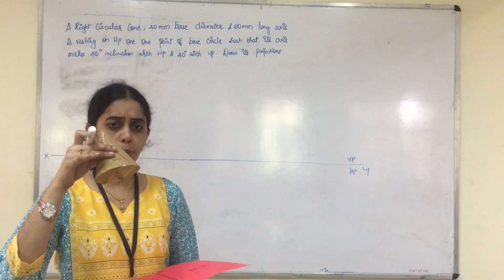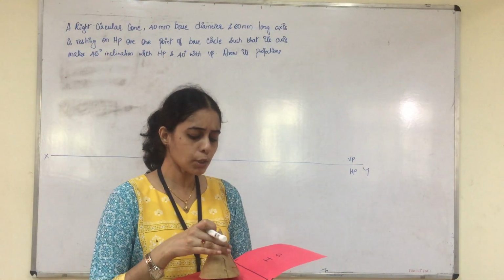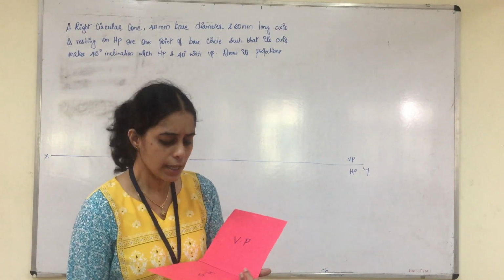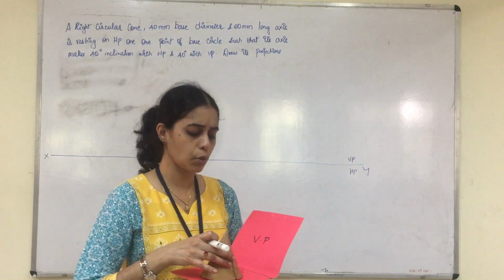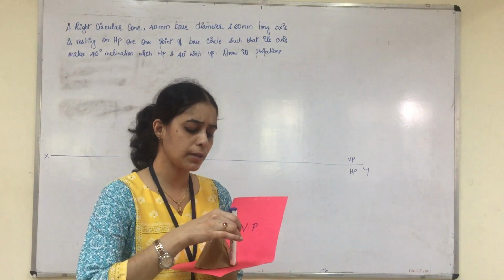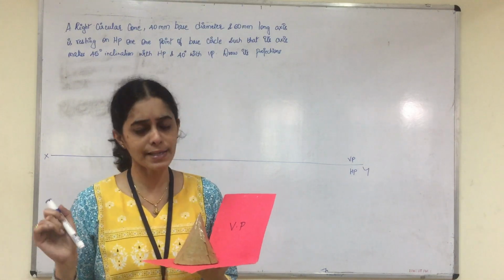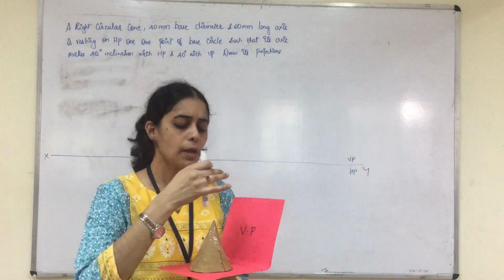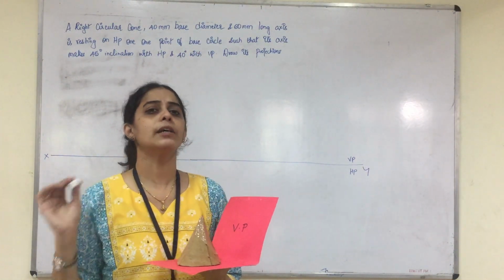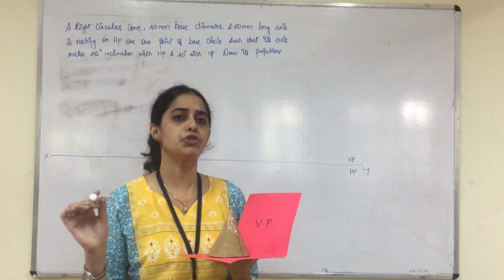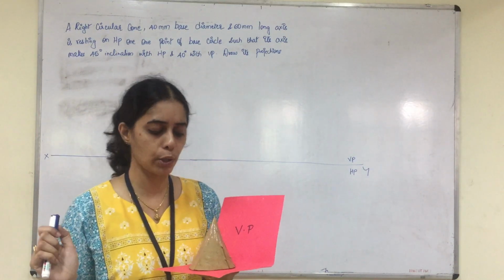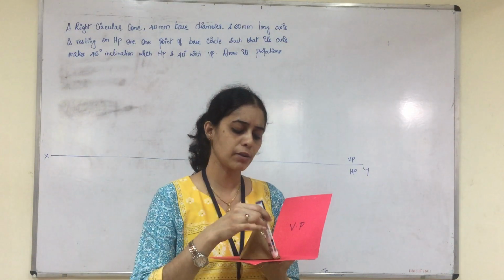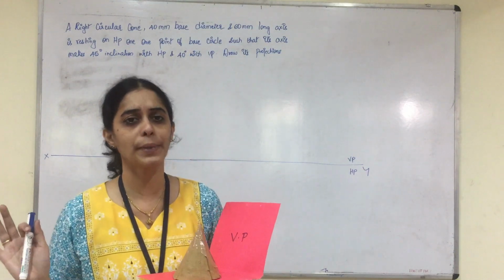So how do you keep the position of the cone? The circular cone will be placed in such a way that this is our vertical plane and this is our horizontal plane. You will rest the given circular cone so that it is resting on any one point on the circumference of the base circle. Once this is fixed, you view from the top. What will be our top view? It will be just a circular surface which will provide the true shape of the given circular cone. So a circle will be the top view when the cone is resting on one of its points on the circumference of the base circle.